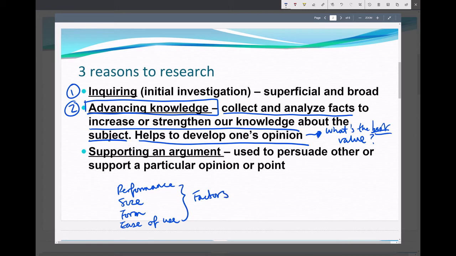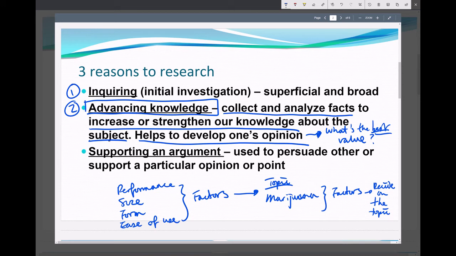So again, you can translate this into your research topic, right? Your research topic, maybe if we talk about, again, a bunch of you chose marijuana, you may consider the factors to help you decide whether it should have been legalized, whether it's a good thing or a bad thing.